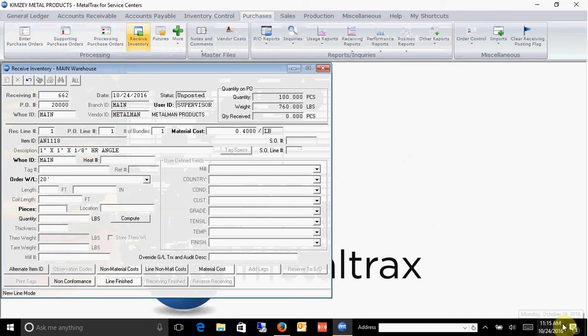So if I come down here and I type in at the pieces, 100 pieces. Again, if I receive less than that, that would be fine. I could put in 98 pieces, and it'll just ask me if I want to close the line. So I'm going to put 100 pieces. Because this is homogeneous, we're not prompted for any of our user-defined fields,